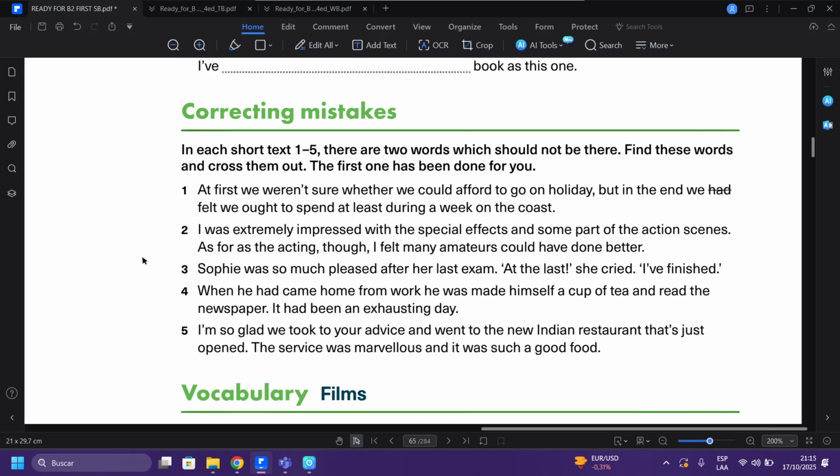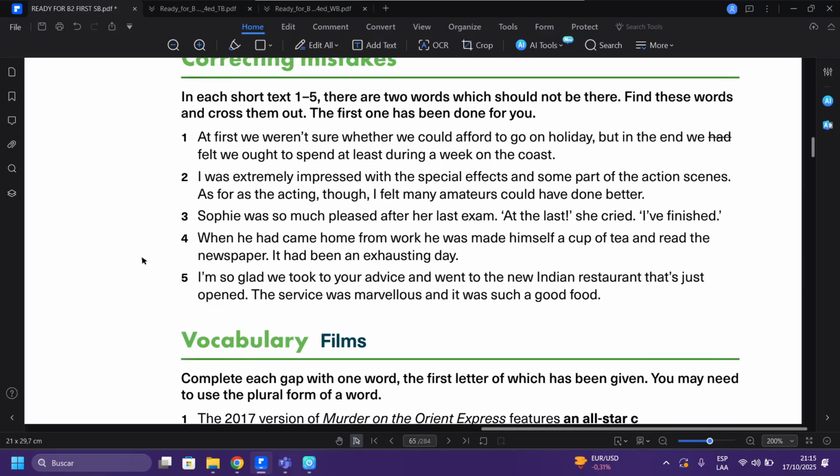Let's go with the next exercise. In this one, in every single sentence, there are two words that shouldn't be there. They don't have to be there. We have to find these words and cross them out. And the first one has been done as an example. As you can see,